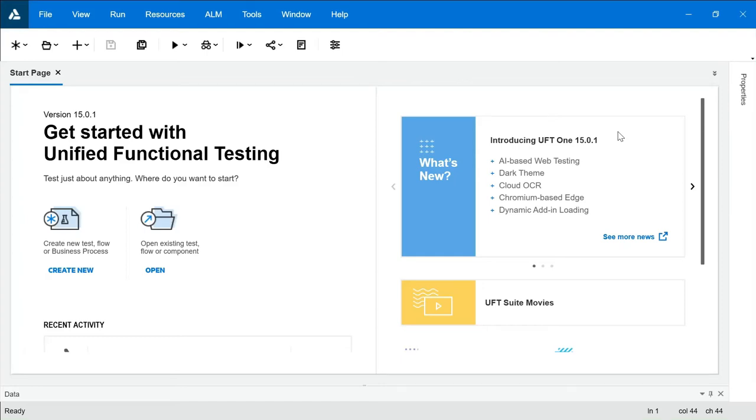Hi, in this video we're going to understand what is call copy of action. Guys, as we understood, actions are reusable, that means you can use one recording in another test case also. You need not re-record your test cases again and again. If you want to use the same recording in another test case, you can use it. That's why it's called reusable. Now you have two ways of using it.